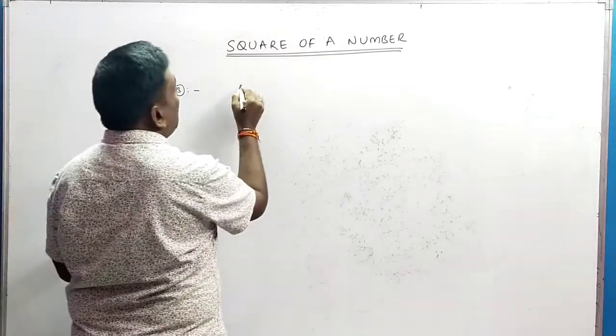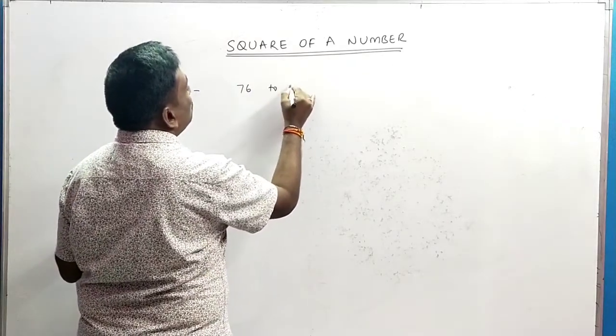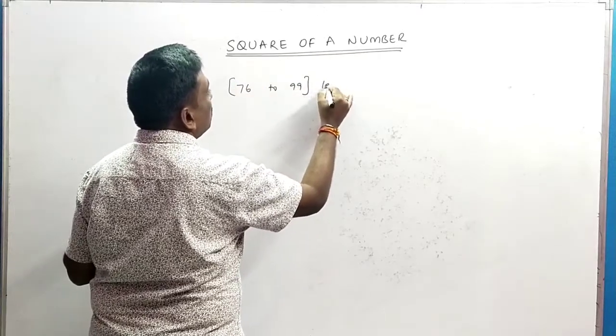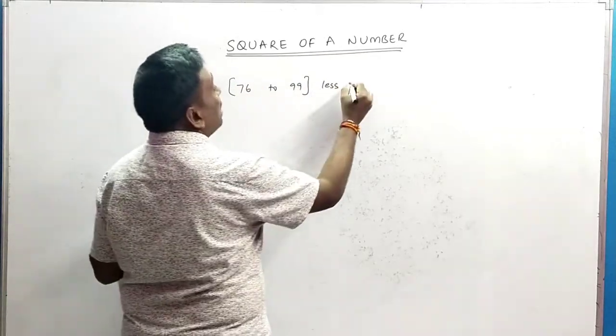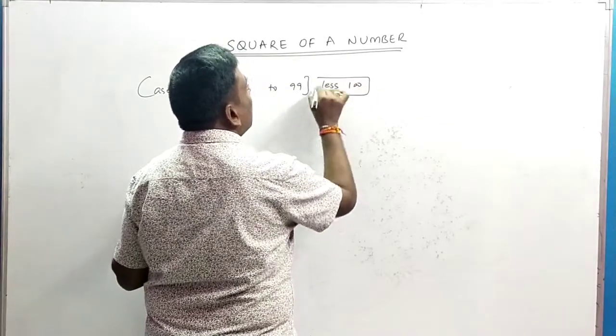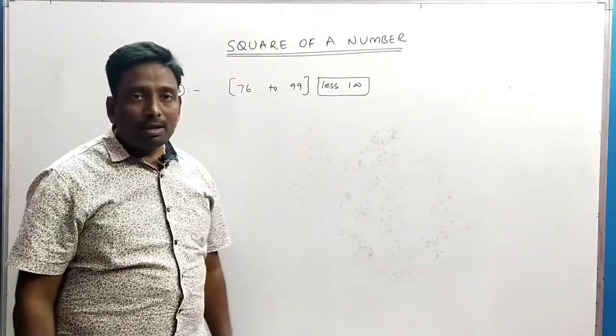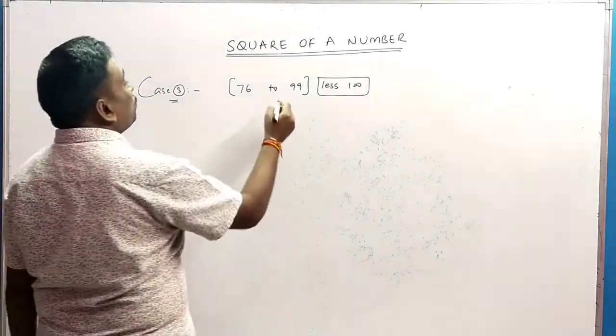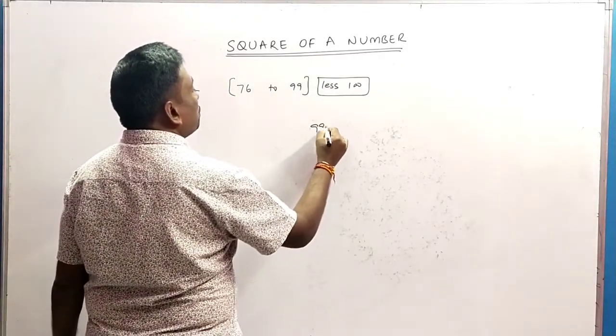The numbers vary from 76 to 99. How can we find the square of these numbers? These are less than 100 and nearer to 100. In this case, suppose you want to find 99 square,